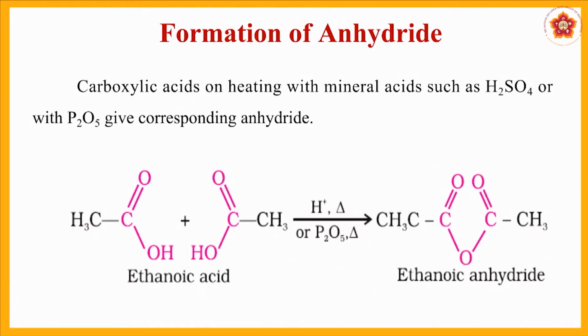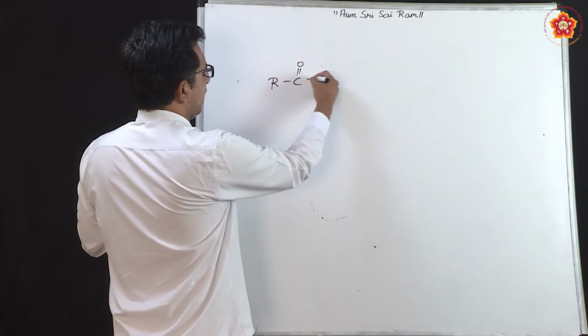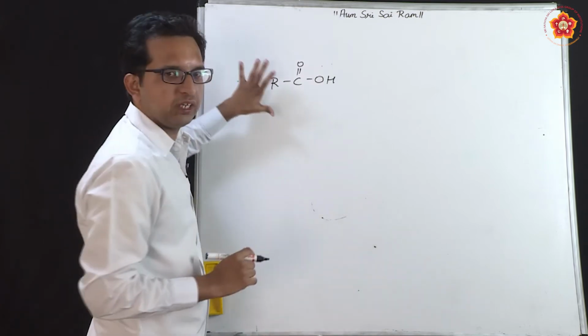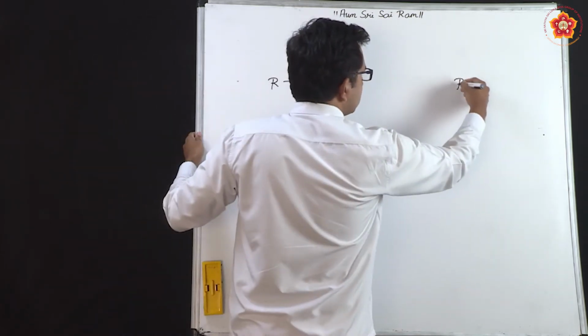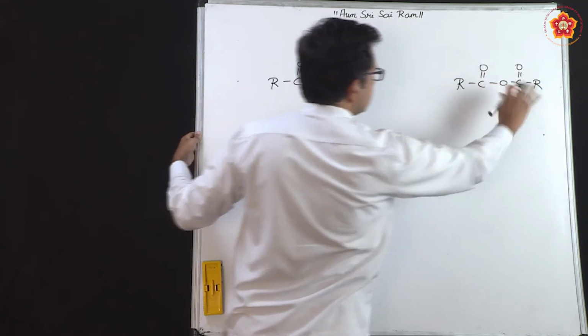Now we will be looking into the reactions of carboxylic acids. The very first reaction of carboxylic acid is where you react two carboxylic acids to give the corresponding compounds called anhydrides, and in this case the catalysts used are H2SO4 or P2O5, which is phosphorus oxide. The carboxylic acid general formula is RCOOH. This is carboxylic acid, and the anhydride general formula is RCOO. This is the part which is anhydride.